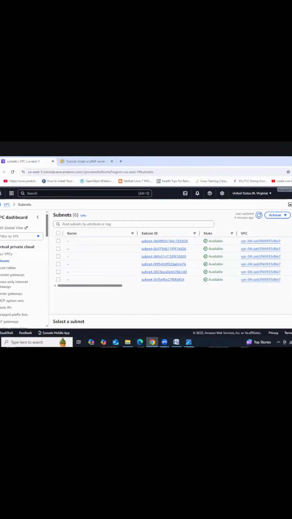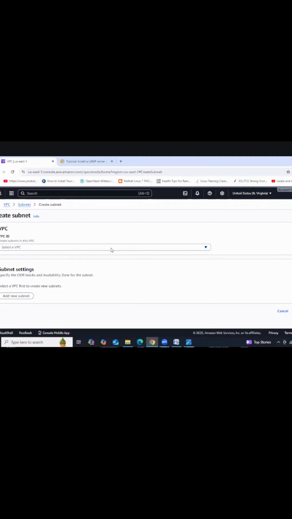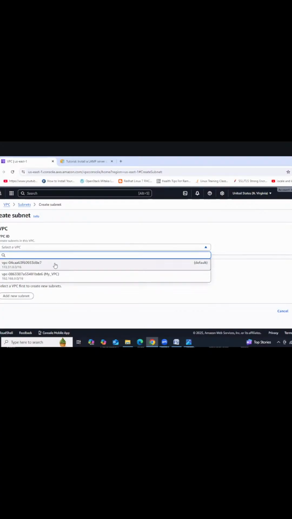Right? So now here we are trying to create a new subnet. So create subnet. Where do we need to create this subnet? In which VPC? Two VPCs we have. One is the default VPC, another one is our VPC. Into our VPC we need to create, right? My VPC is our VPC, right? So instead of selecting the first one, you need to select the second one. I hope you got it, my VPC.